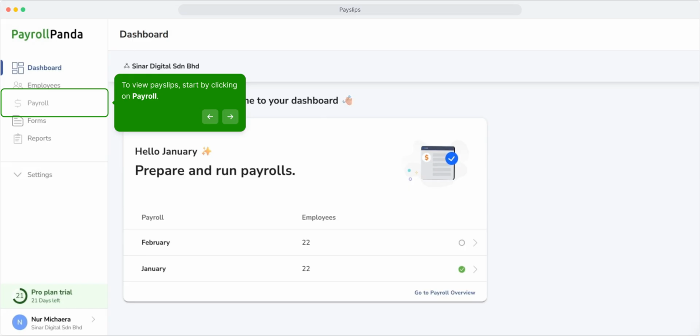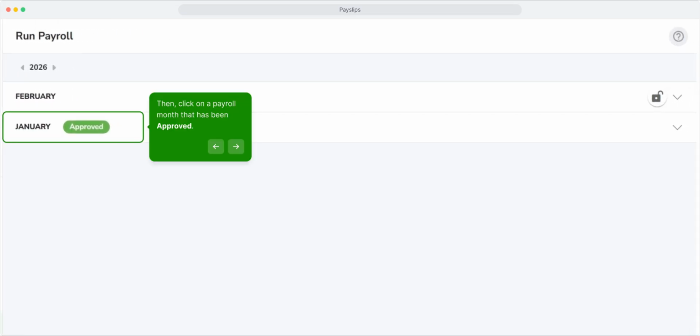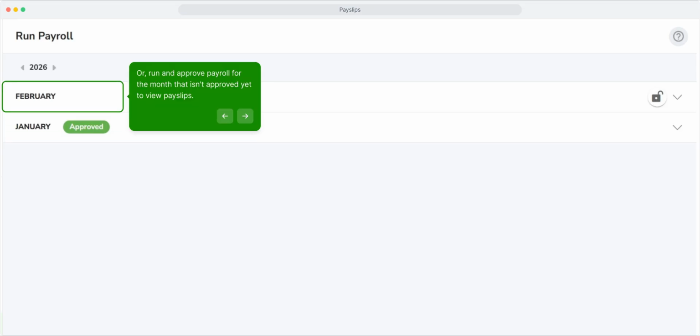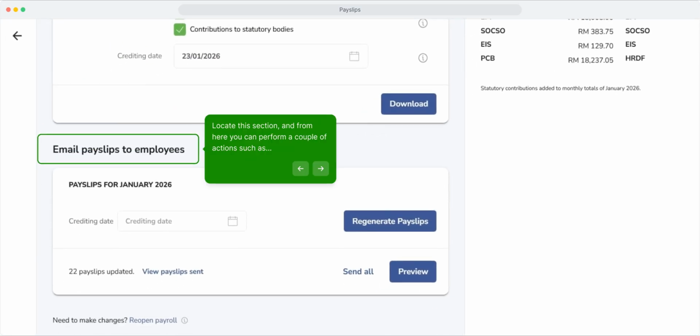To view payslips, start by clicking on Payroll. Then, click on a payroll month that has been approved. Or, run an approved payroll for the month that isn't approved yet to view payslips. Locate this section, and from here you can perform a couple of actions such as